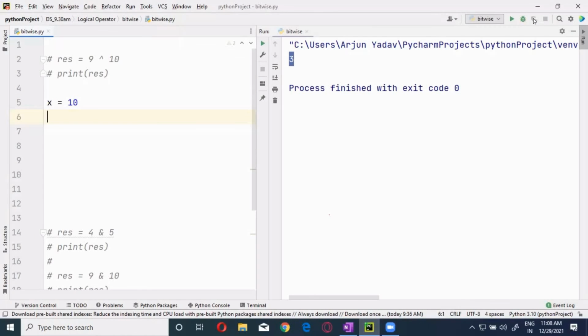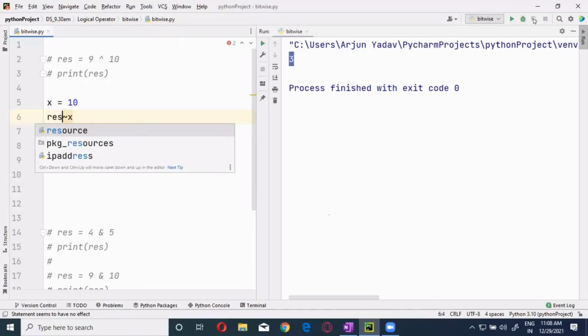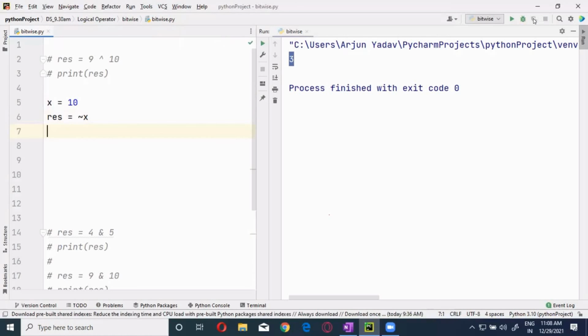If I give the unary operator, invert of x, and put it in the result, you are going to get minus 11.